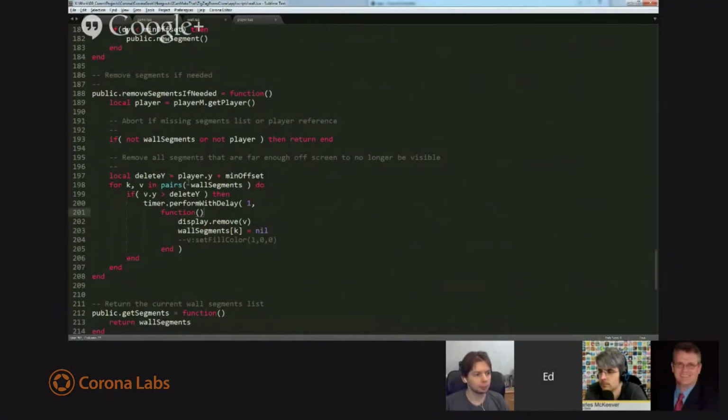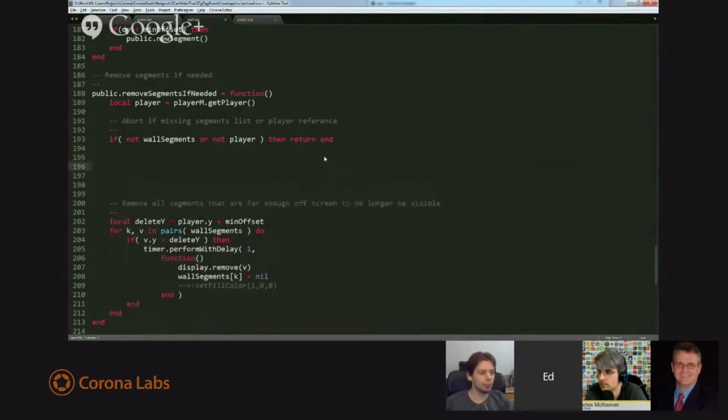So for people who are looking at this code and they're a little bit confused, wall segments is a table which has a bunch of objects in it referenced by their own ID. I use the pairs iterator, and the way I use it is always the same. I say for k, v, so the key and the value. The v is going to be the thing that we're looking at in the table, and the k is the key. So for example, if I had a table like this,